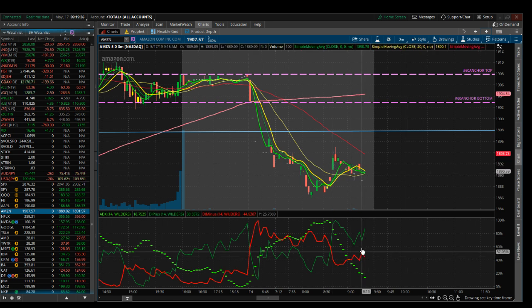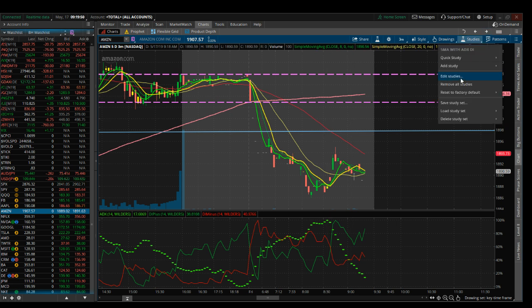So with the ADX, what we do is we merge, we put the DI plus, DI minus, and the ADX in there. What I wanted to do is kind of just show how to do that. So let me pop up a window here. I'm going to go studies, edit studies, and then let me show that. One second. So we'll go source,